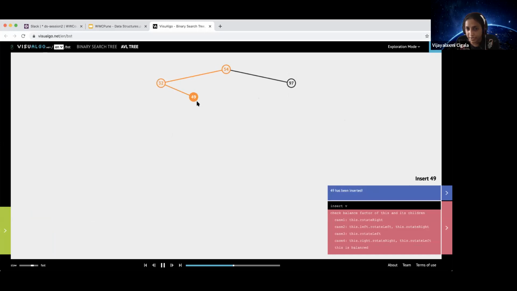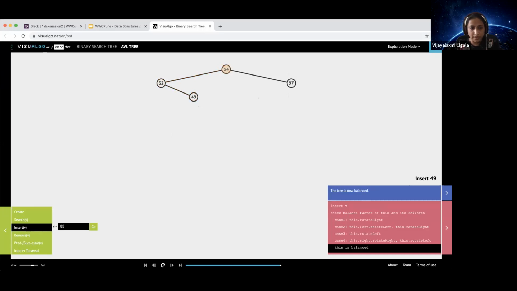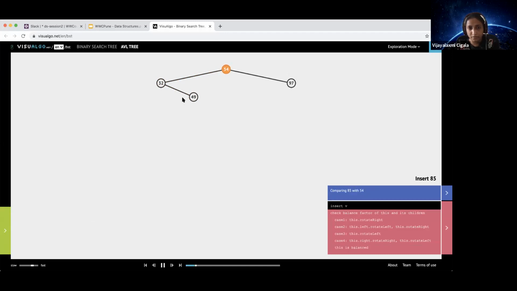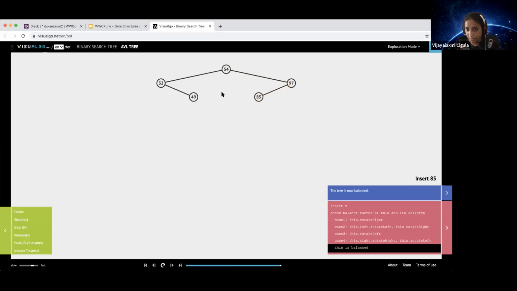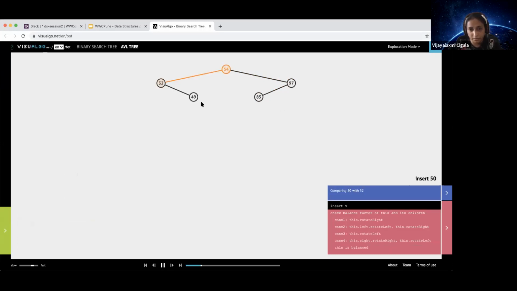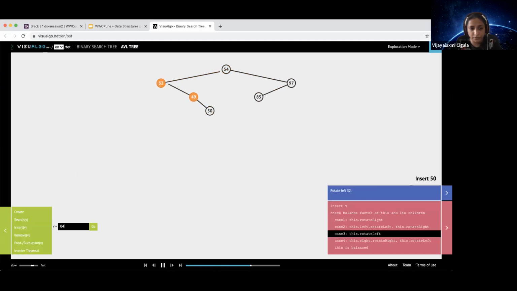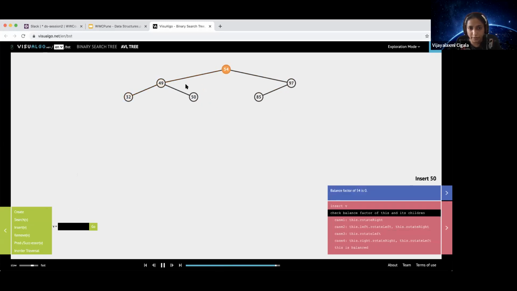So this is now adding one more element. I'll add, say, 85 again. So this is still not balancing, because at the max a difference of one is allowed, which is still fine because there's no difference here. So I'll add 50, which will make it here, right? And another insert of 51. So it rebalanced itself because it was going skewed here. So if I do 51,